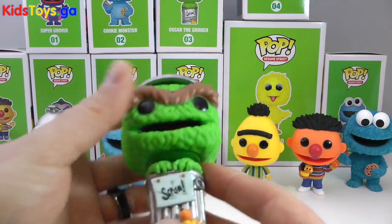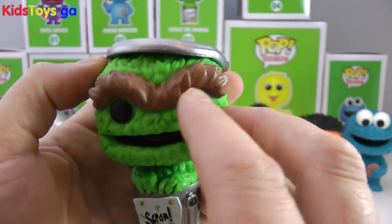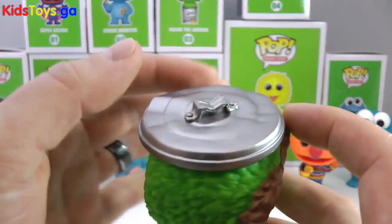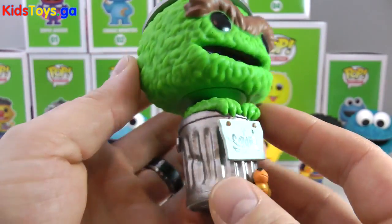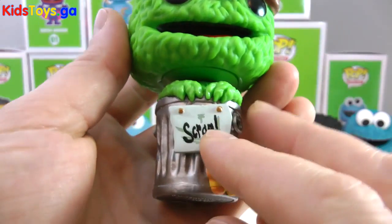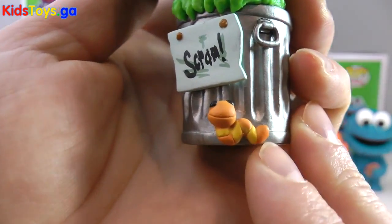Here is Oscar the Grouch, and what I loved about Oscar, they have this massive unibrow of his up here, which is just overblown. I love how they kept the top of his garbage can on the top of his head, this cool silver garbage can lid, and he's sitting in this teeny tiny little garbage can for the size of his head. It says Scram on there because he never liked anyone except for his buddy Slimy, and I